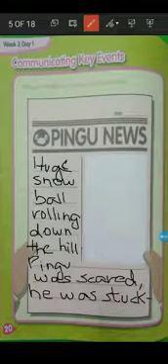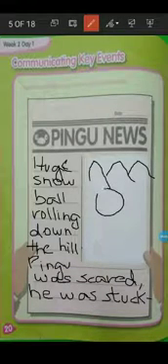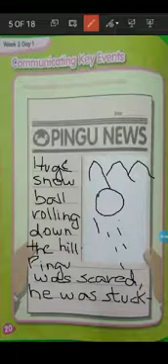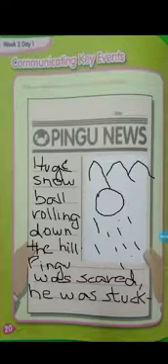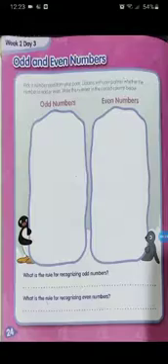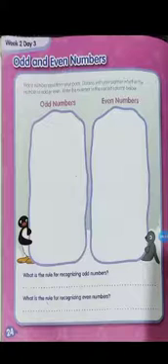So this is our scary story, and what you have to do, you have to draw a picture of a big snowball rolling down from the mountain. I am going to draw a mountain like this and a big white snowball rolling down. Okay, on this page, we are done with page 20 also. Now move to the next page. Page number 24. Odd and even numbers.